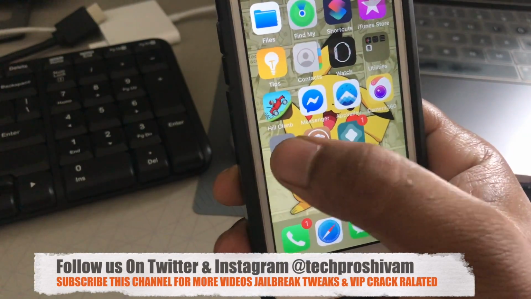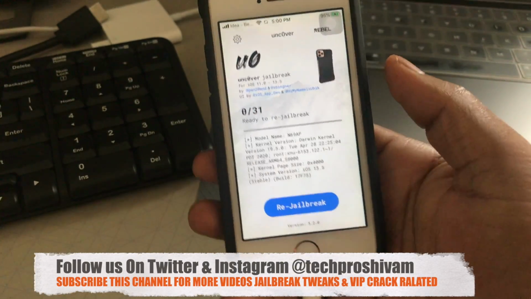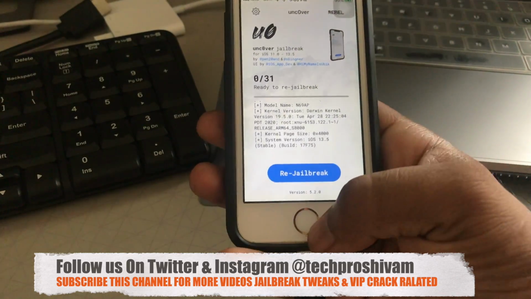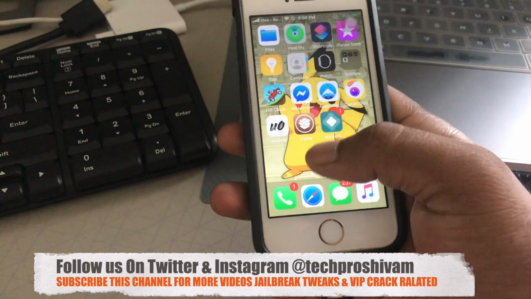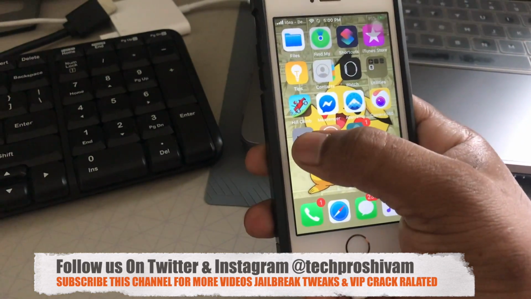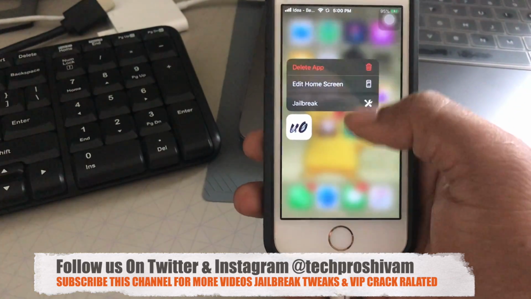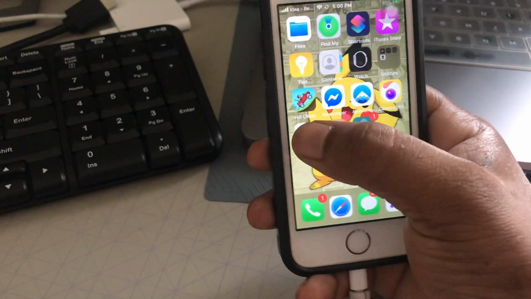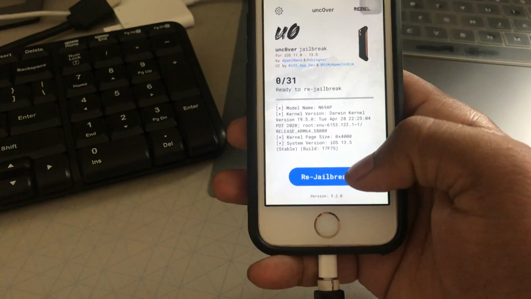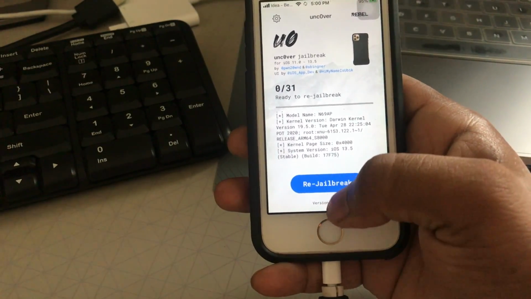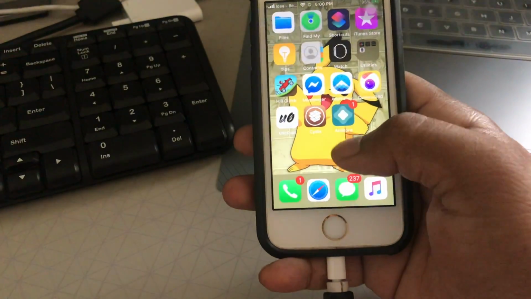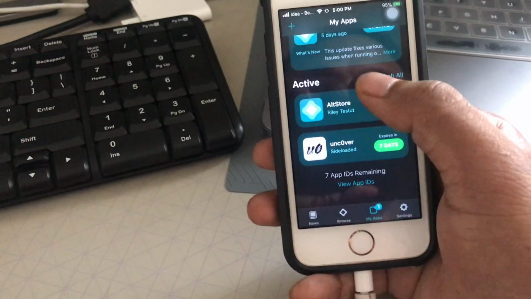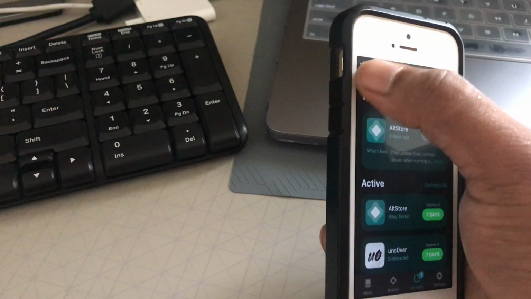Make sure you have Uncover. To get Uncover there are two methods. First way, definitely a computer. By AltStore you can install any apps like Uncover and all that, and there is another method which is no computer. Frequently it will revoke, and you need to subscribe to my channel to get updated for those, because I'll frequently make those videos. Whenever the certificate gets signed, then you can install Uncover on your device.